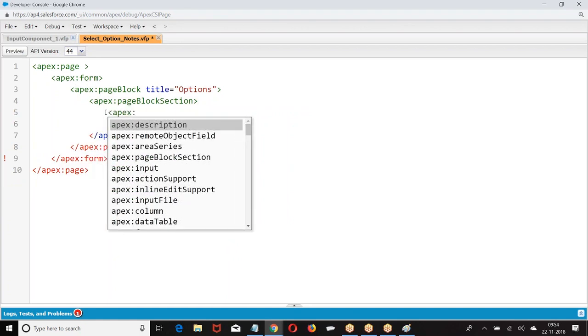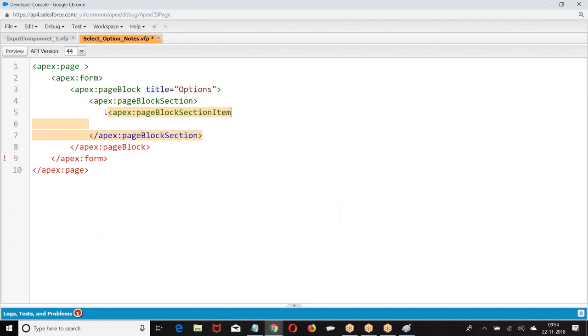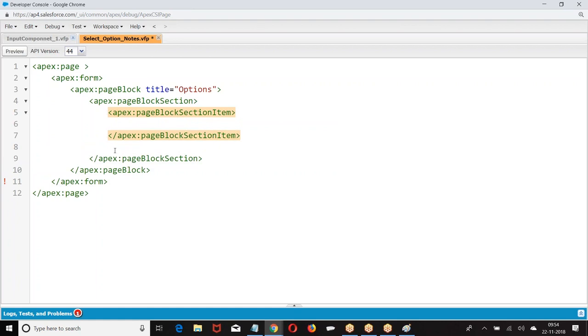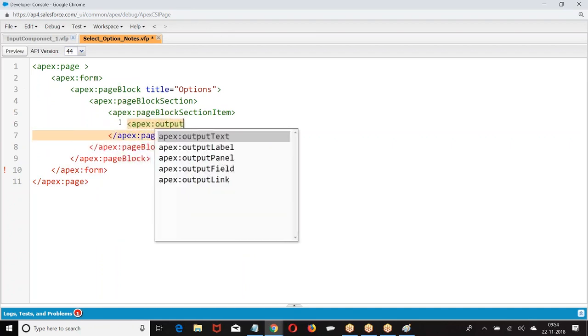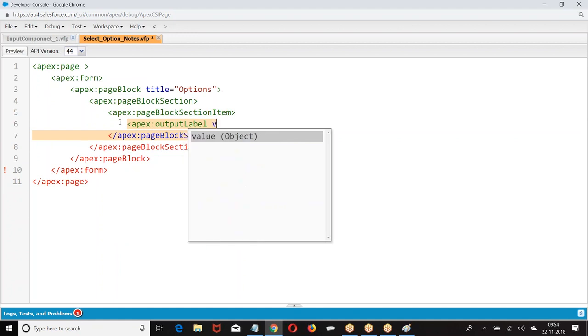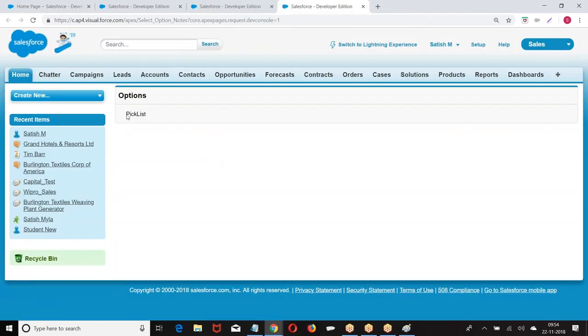You have apex page block. Then I am giving here apex output label with value equal to pick list, and the label is printed.